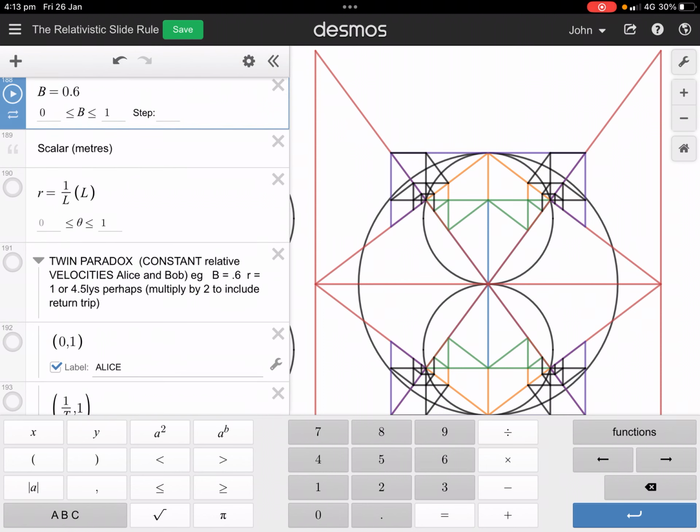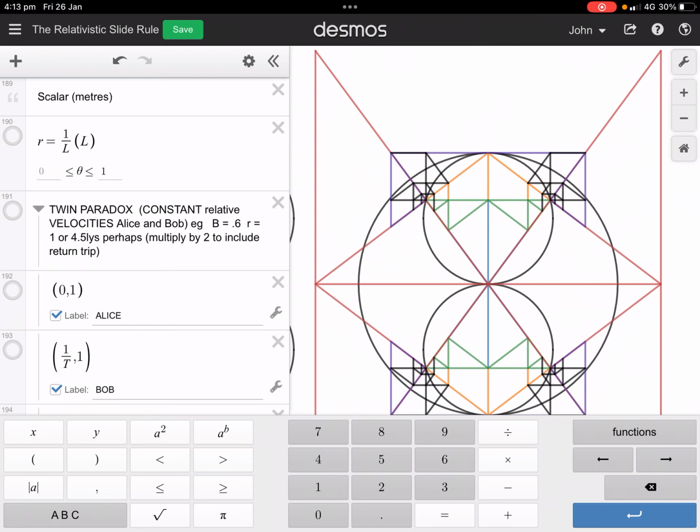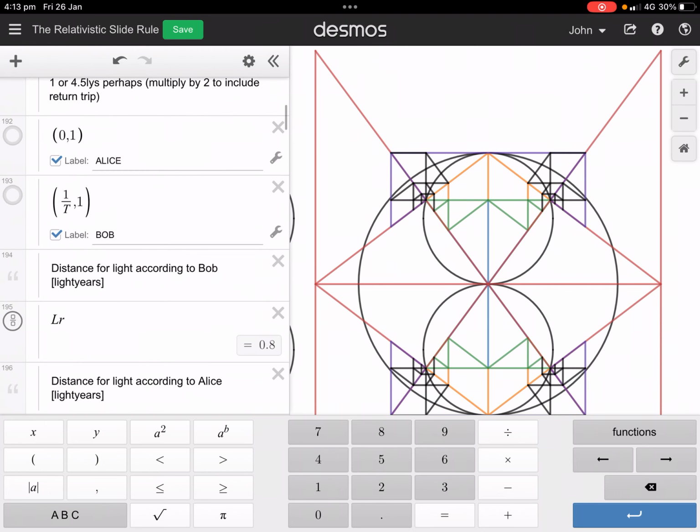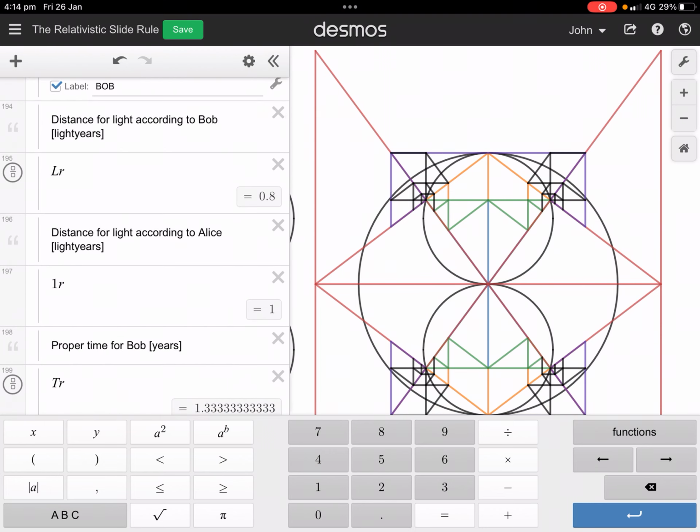So to do that, I also use a scalar. I'm just going to set that to 1. So 1 light year. Now, at a velocity of 0.6, constant velocity that is, the distance for light according to Bob is 0.8, which is L,